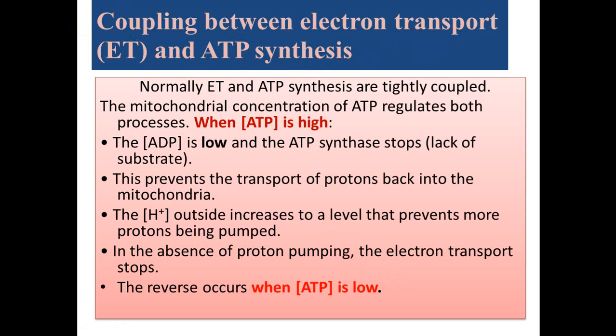Normally, electron transport and ATP synthesis are tightly coupled. The mitochondrial concentration of ATP regulates both processes. When ATP is high,